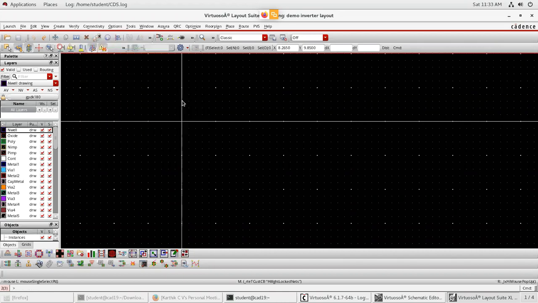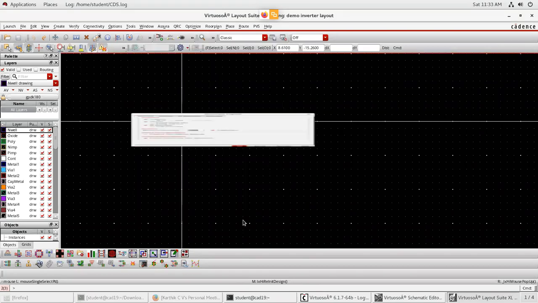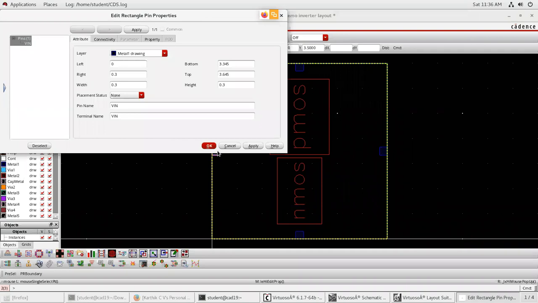What it will do is take all the components from the source. My source file is the inverter schematic. So once you get the components here, I have my PMOS and NMOS. If you click on this pin, this is my Vin pin.